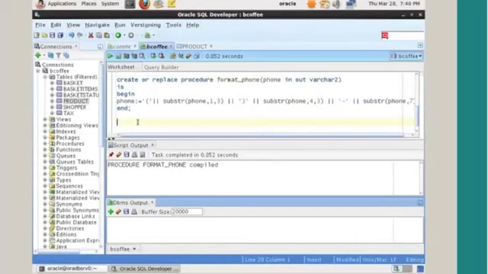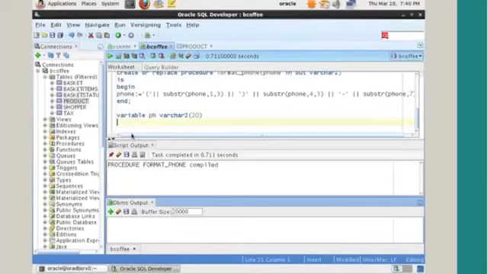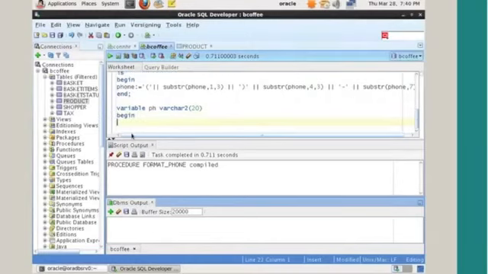Now, to do that, I need to create a variable using a variable command. I'm creating a variable called ph, which is varchar2 of, I'll just make it 20. So I'm creating a variable called ph, which I'm going to use to pass as input. Then I'm going to initialize this ph. To do that, I have to reference it with a colon inside the body of the program, and then